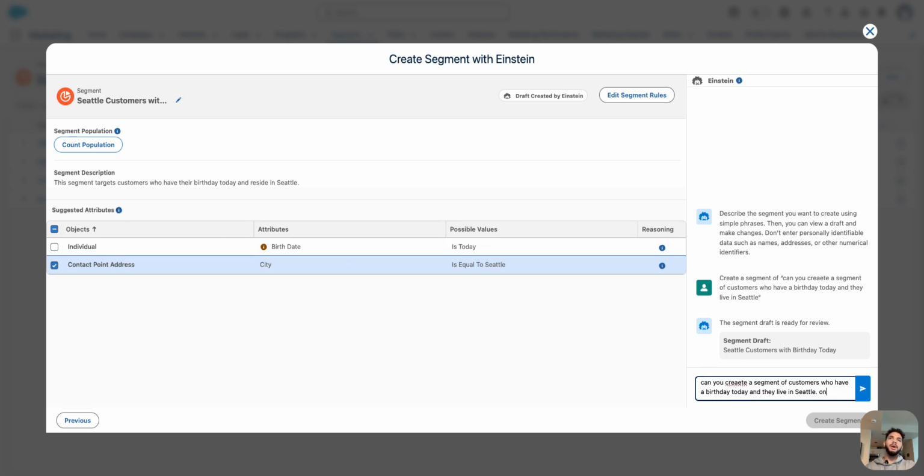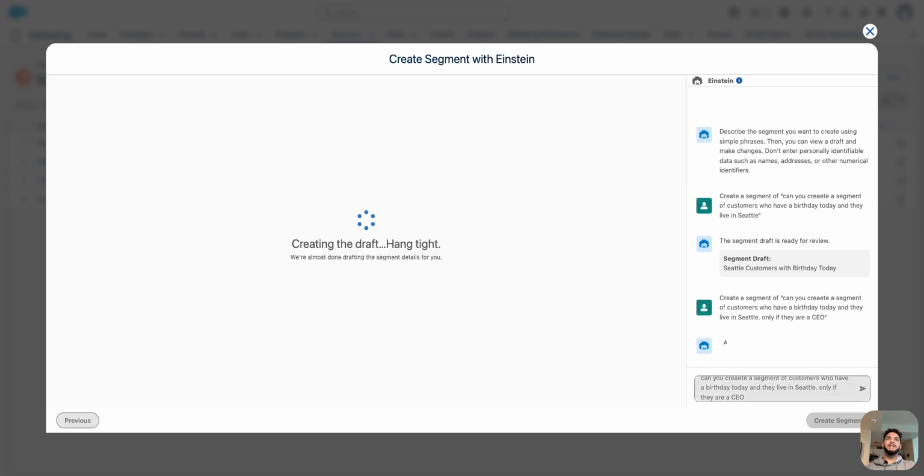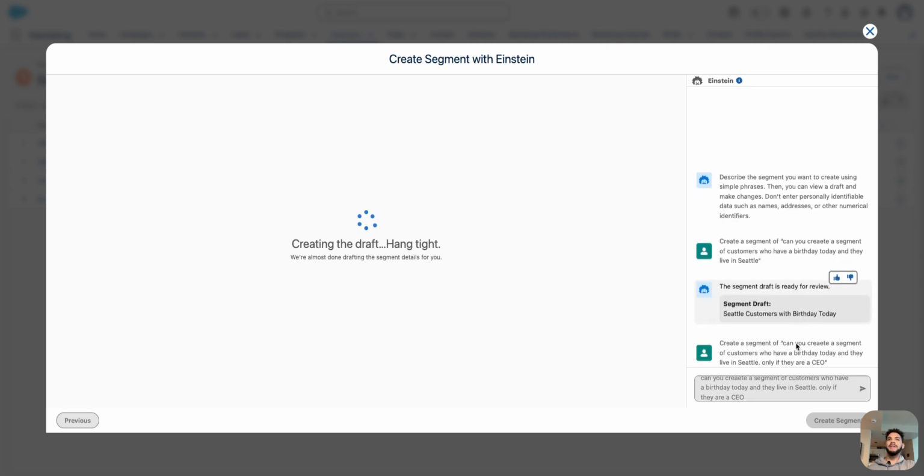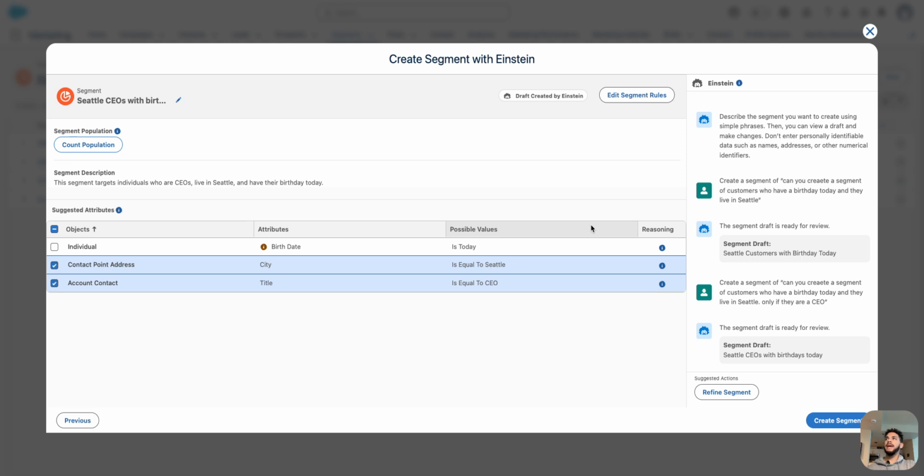So I can say only if they are a CEO, for example. So now I add some more criteria to that. And you'll notice over on the left, the number of people changes and the criteria changes as well. And again, if you keep going through and having this natural language conversation with Agentforce and everything looks good, but